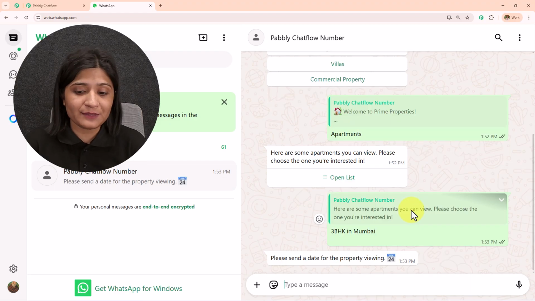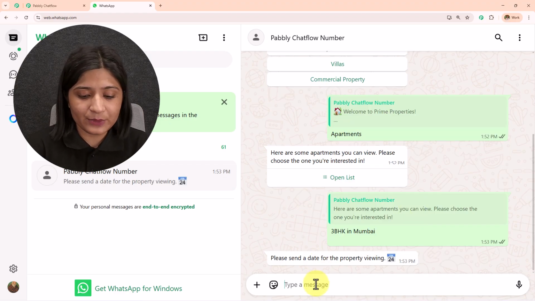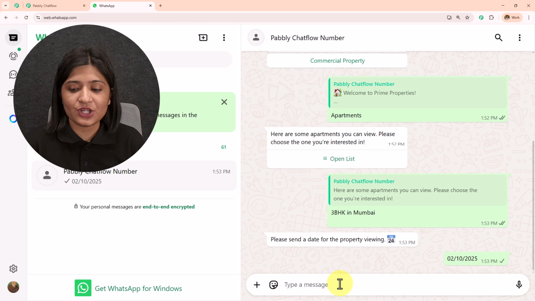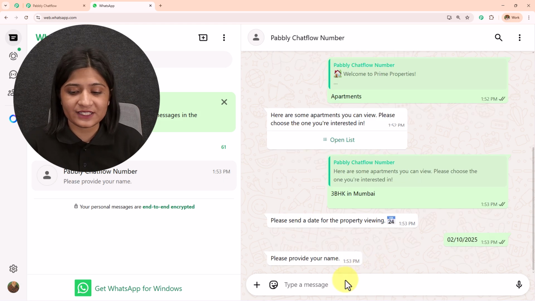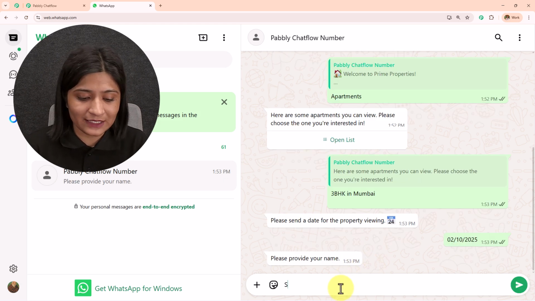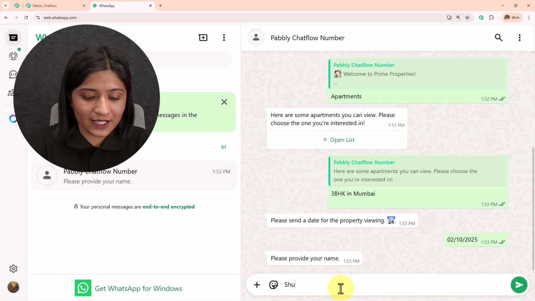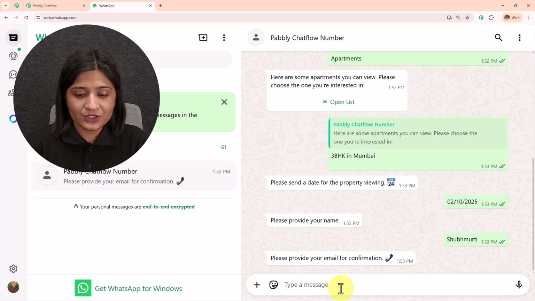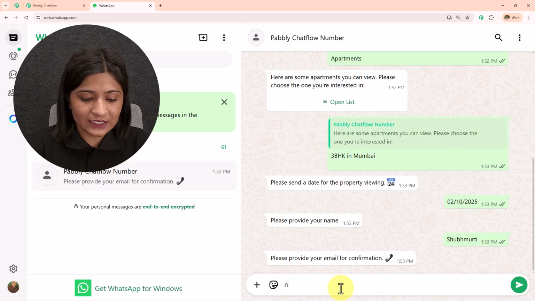And then it is going to send me the next message. So it is asking me to enter the date. I'm going to enter the date as 2nd October 2025. I'm going to send this message and then it is going to ask me the next question. So it is asking me my name. I'm going to send my name as this and then it is going to ask me the next question. So here it is asking me the email address for the confirmation. I'm going to send